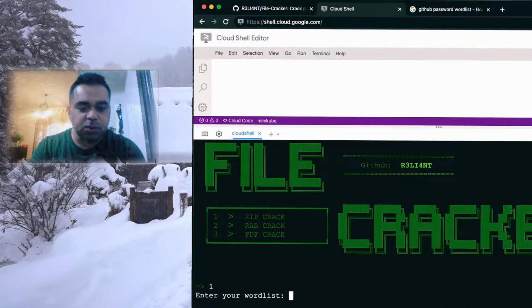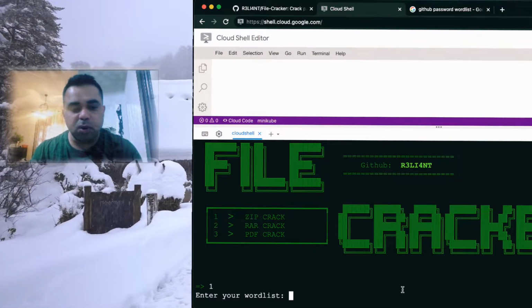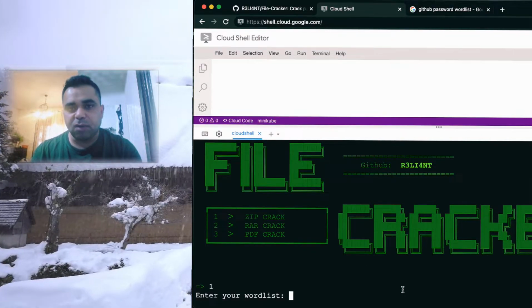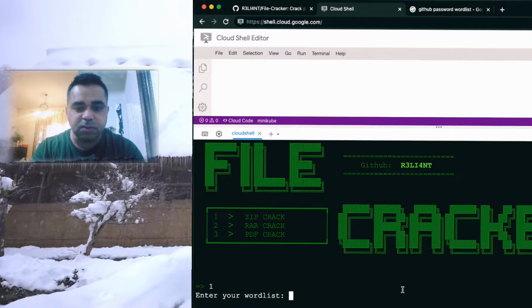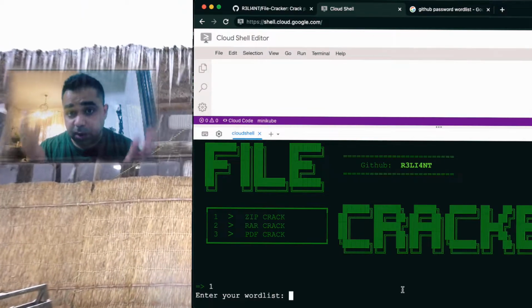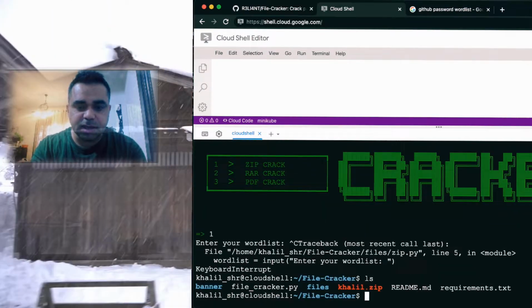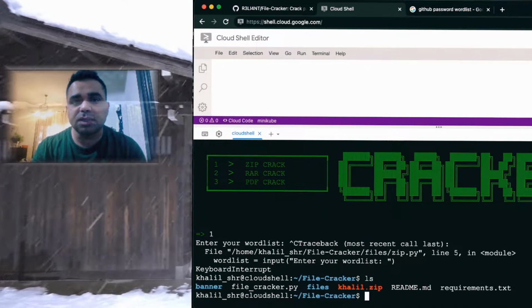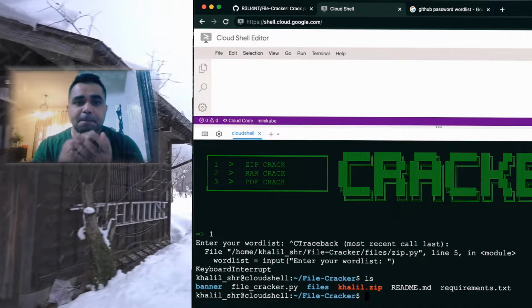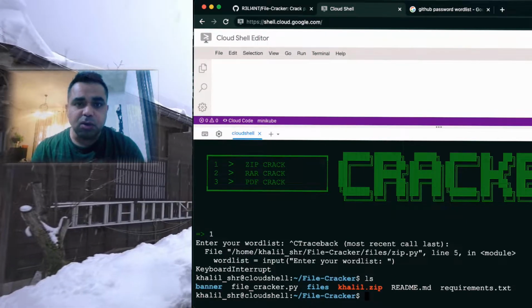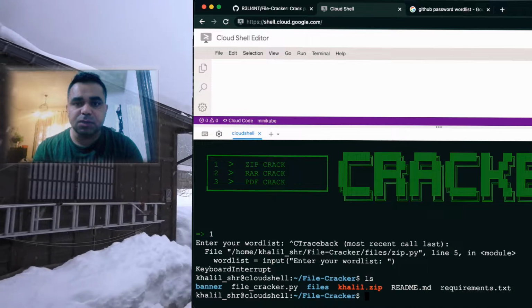The script won't work unless, when it asks you for a word list, you enter the full path of your word list file. Okay, sorry, we don't have a word list file, right guys? So let's create a word list file. As you see here, there is no word list file. A word list file is a file that has many common passwords, or many predictable passwords. You can create your own